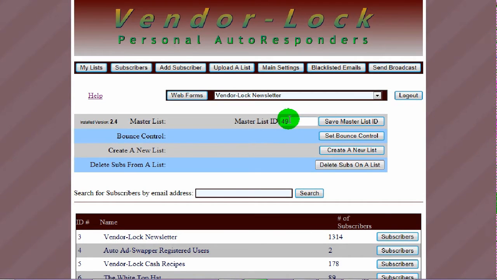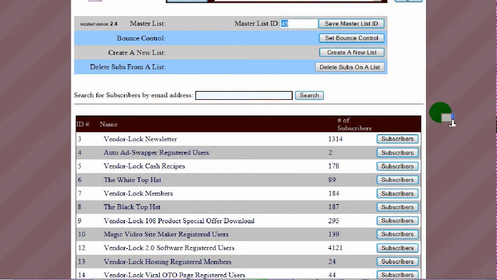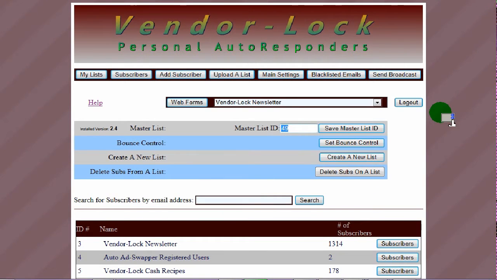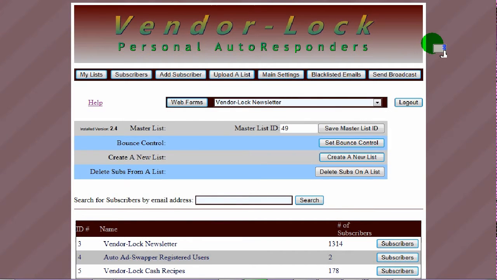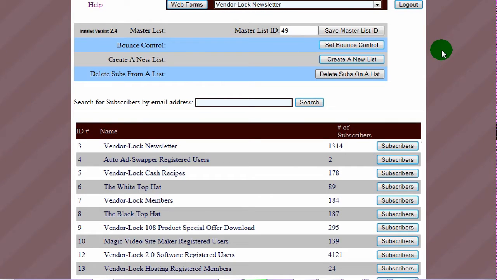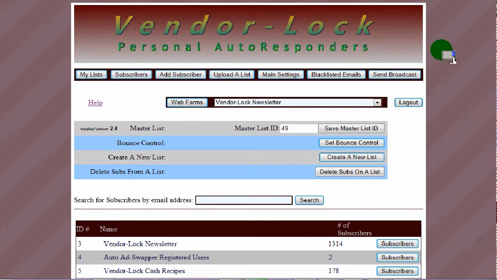How it works is you enter the ID of the master list you want to use, and that way when they subscribe through one of your web forms or by email to any of your lists, they also get put on the master list. So everyone is constantly being put on two lists when they sign up, and they can unsubscribe from your master list if they don't like you marketing products to them without unsubscribing from the main list that they signed up for, which is usually related to a product. That way you can email just your master list with a lot of new products and don't have to worry